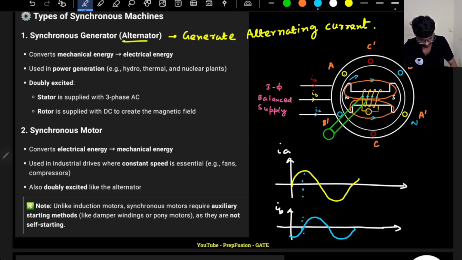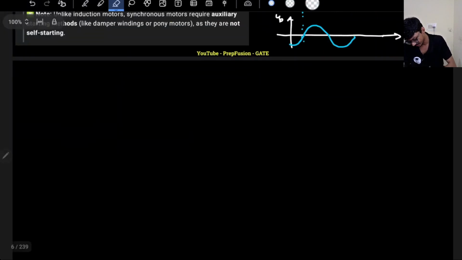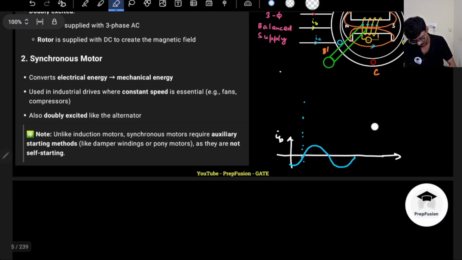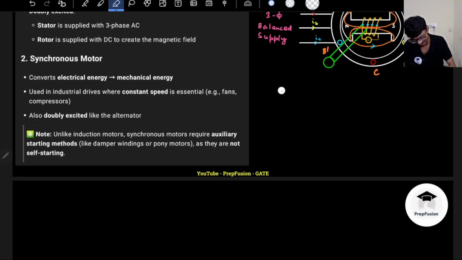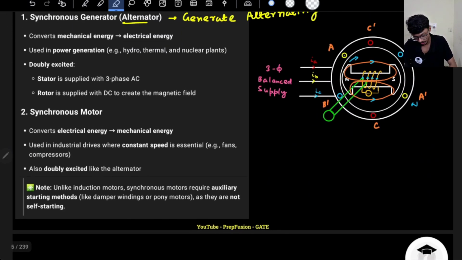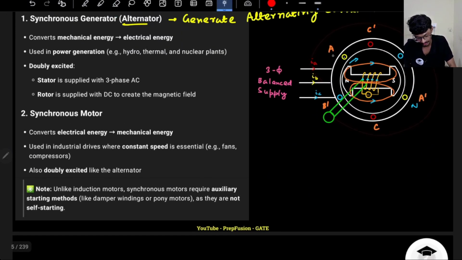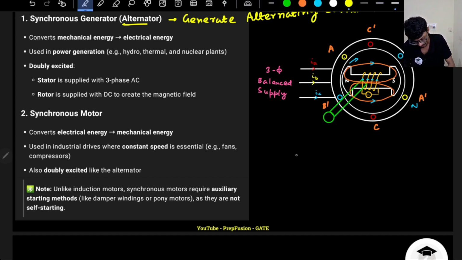So what is happening over here is that, let me draw it, otherwise you will get confused. It's better that I draw the three phase currents, you will understand it. So I hope you understood this winding naming, right? Simply A phase, B phase, and C phase, that's it, 120 degree phase apart. So windings are physically placed 120 degrees apart. These are the windings: basically I have a winding AA dash,